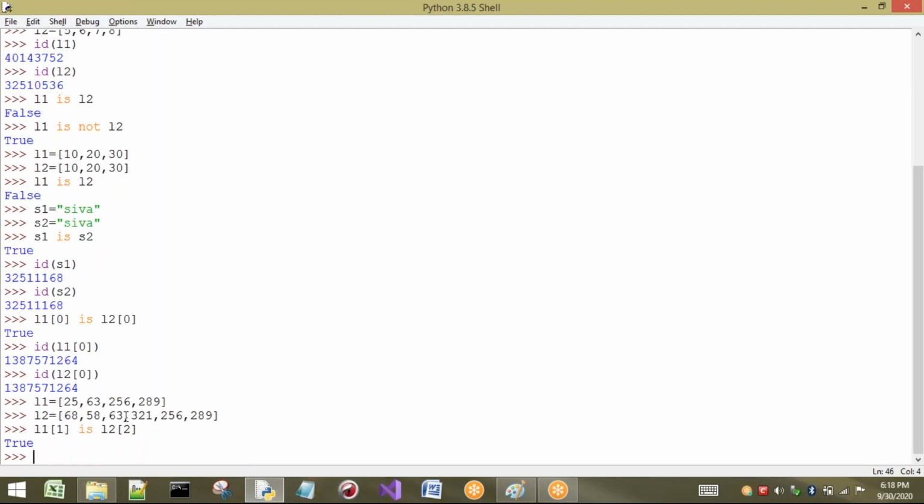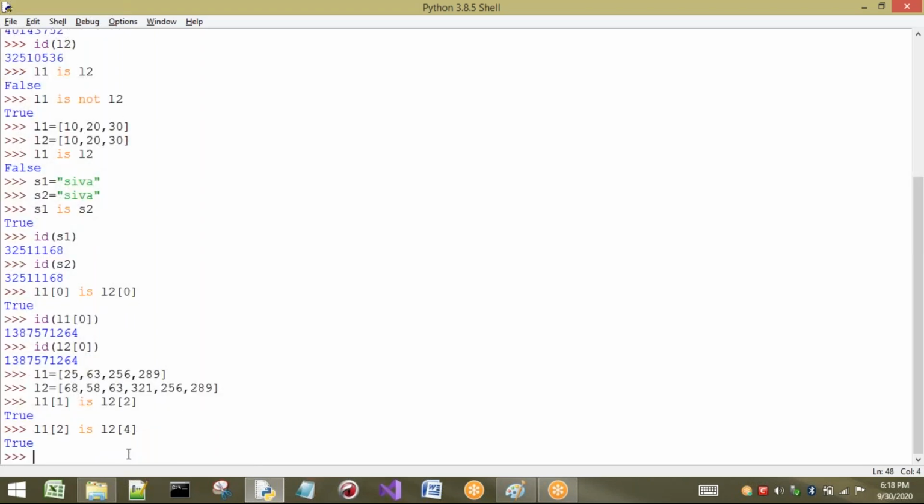Same memory location. Now the concept is, I want to check 256. So same thing I will take here. What is the index here? 0, 1, 2. Here the index is 2, and I want to check for 0, 1, 2, 3, 4. So we are going to get the answer as what? You can see the answer as true. This rule is applicable for the integers within the range of 0 to 256.